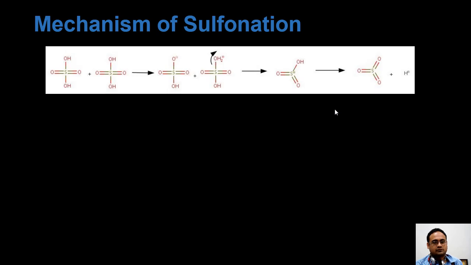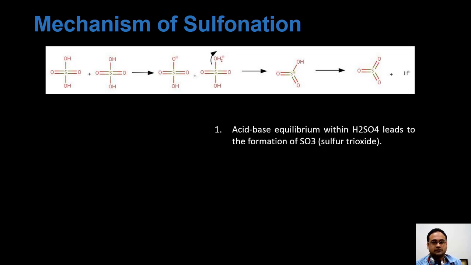substitution reactions. In the case of sulfonation, you will find that of two molecules of sulfuric acid, one acts as an acid and the other acts as a base. So this one donates its proton to the other one, generating OH2 plus, and because water is a good leaving group, it leaves behind an SO3H species, which quickly loses another proton to give sulfur trioxide. Now sulfur trioxide is an electrophilic species, formed as a result of the acid-base equilibrium within